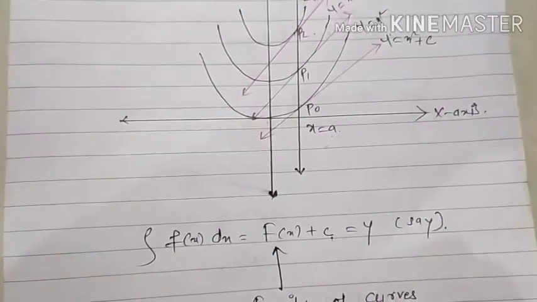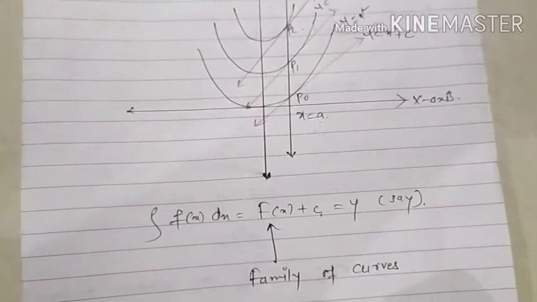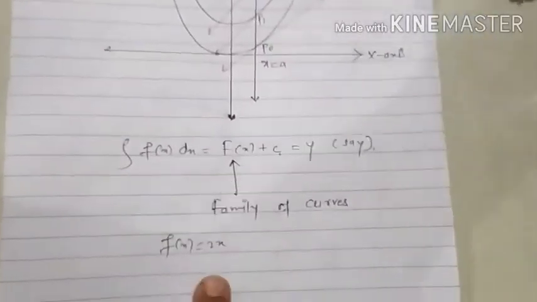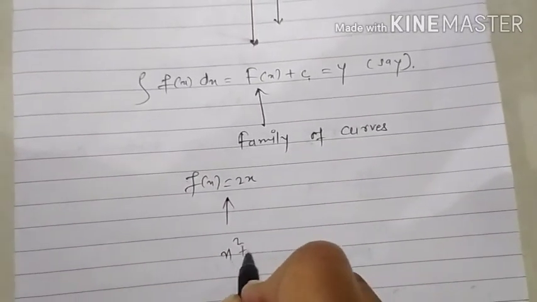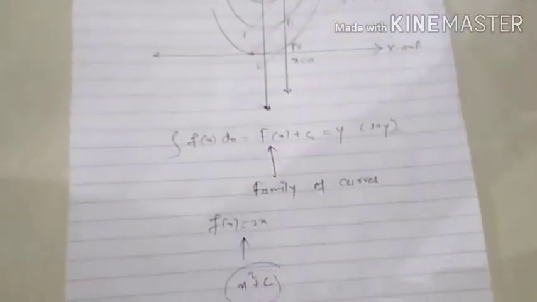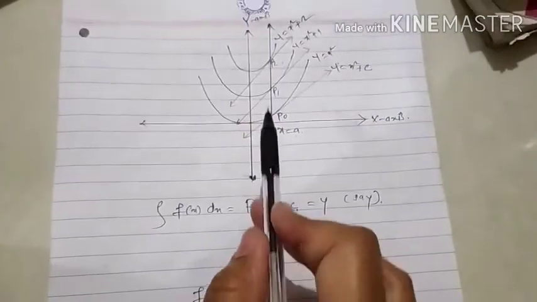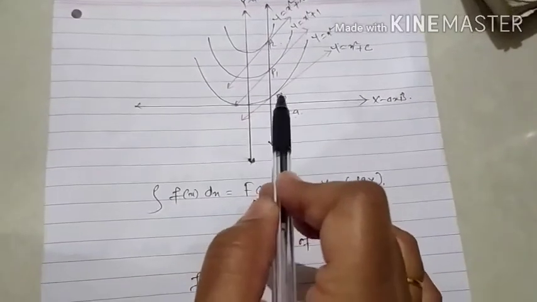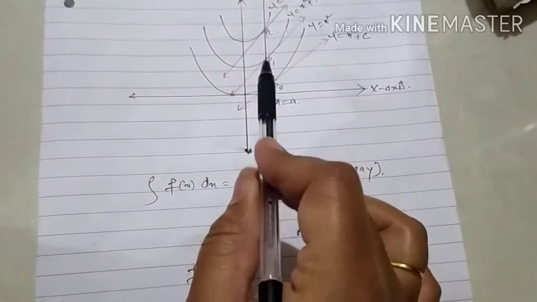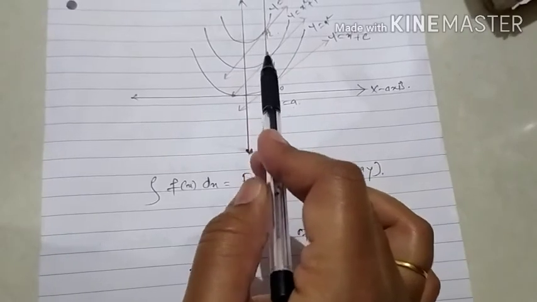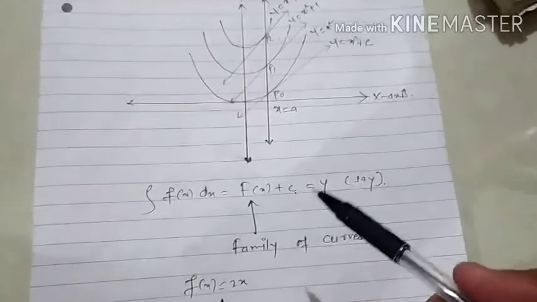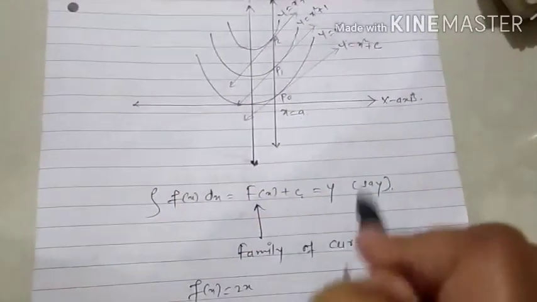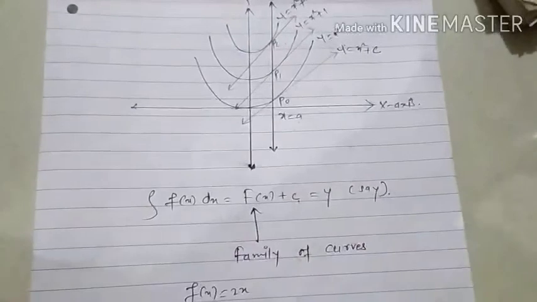Getting, students? We have taken one example here: f of x equals 2x. We found its integration, then we got the curve x square plus c, and from that we drew the graph here and changed the values of c so that we got different curves. We observed one thing, that the tangents at all the points of intersection are parallel. So this is nothing but the geometrical interpretation of indefinite integrals. Understood?